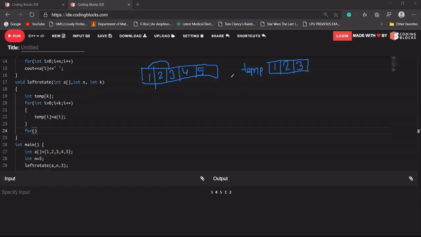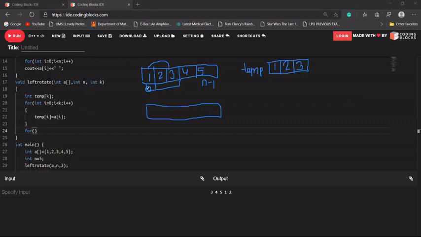Okay, so this is our 0th position. This is n minus 1. So we have saved these first three elements into the temp array. Now we'll perform the left shift in our array from zero index.